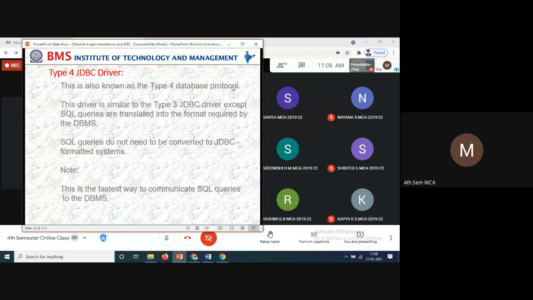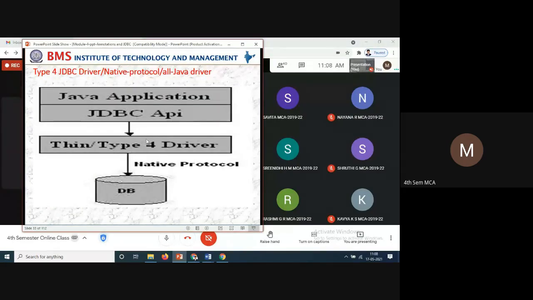And the fourth one is nothing but SQL commands directly to the DBMS format, whichever way is required, supplied directly. That is what the server supports in type 4.